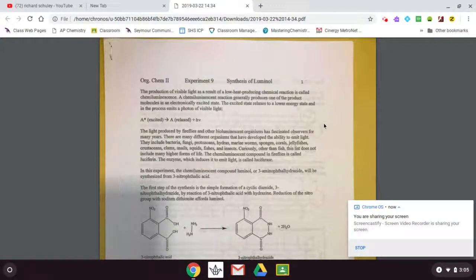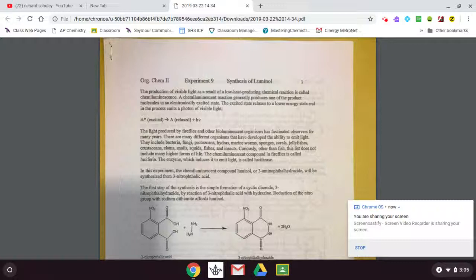Welcome, and this is going to be an experiment that you do not have a copy of. So I have attached a copy of it. I'll also be looking at that same copy here. I apologize for some of the shadows on the pages, but I don't think it will cause anything to happen. What we're going to be doing is